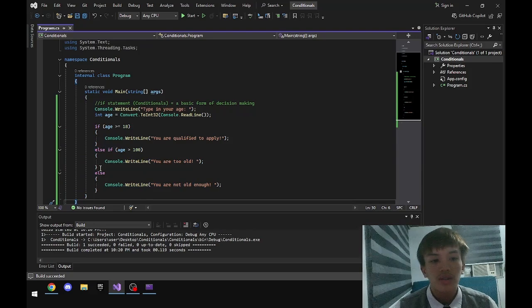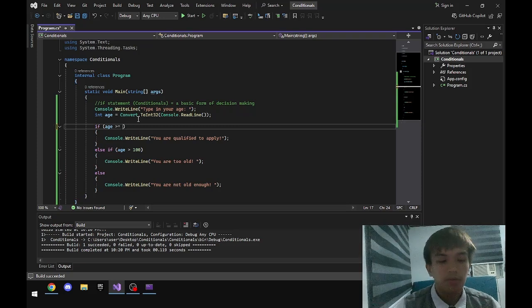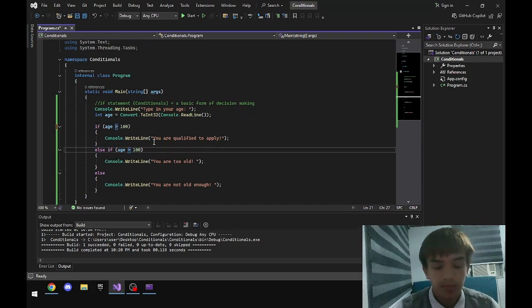So the order in which you put these if statements matters. So if we switch it up, it should run as normal. And we flip these two.